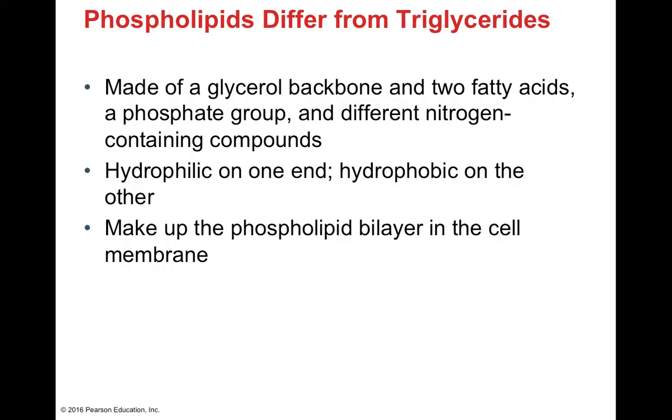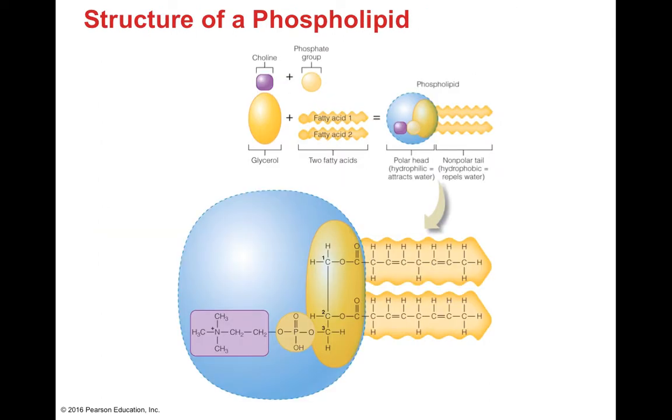And that means that the 2 ends of the molecule are going to interact with their outside environment differently. And in this way, we have them oriented together by multiple of these molecules. We can make a phospholipid bilayer of the cell membrane. Now again, I'm never going to quiz you on the actual chemical composition, but just to kind of show you